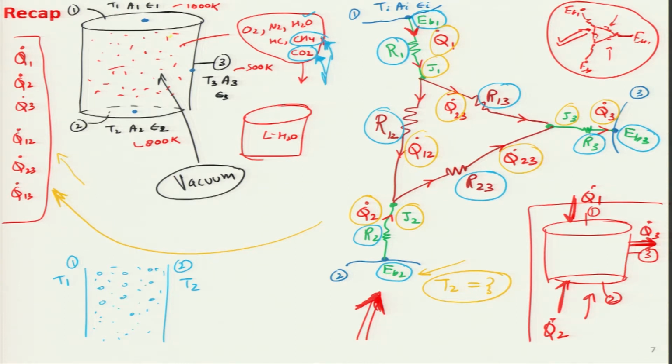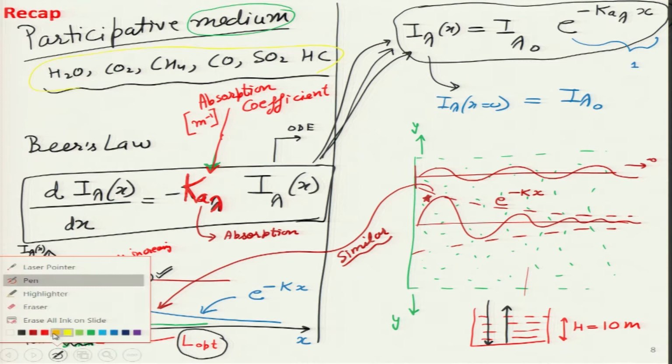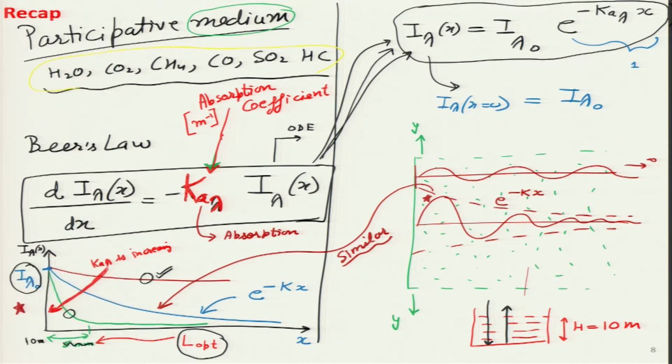So, I gave the challenge that what would happen if the medium inside this container were to become participative, if it would be filled with some gas or liquid. I answered that question myself, that if we have a participative medium, if it consists of some atoms, molecules in liquid, gas or solid form, and these are some of the common materials that participate in radiative heat transfer, then I gave the preliminary background, started off with Beer's law over here, which is simply a first order ODE. If we solve it, we get an exponentially decaying function which is given on the right hand side.